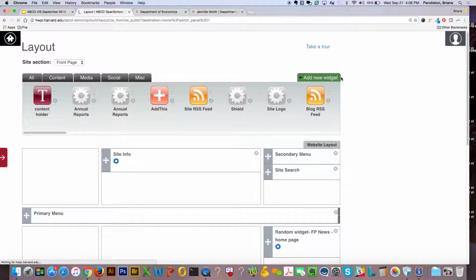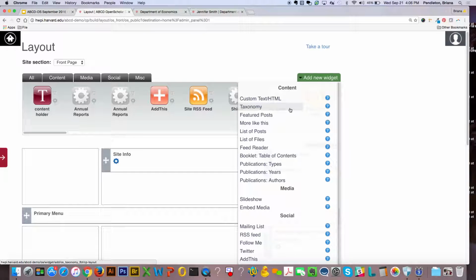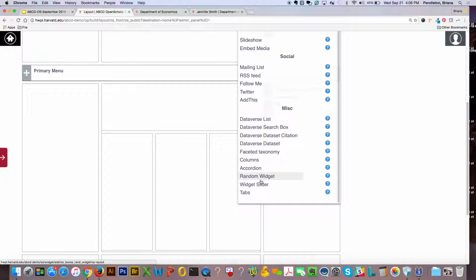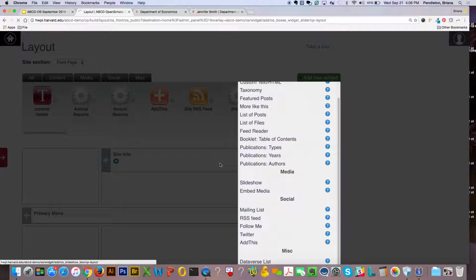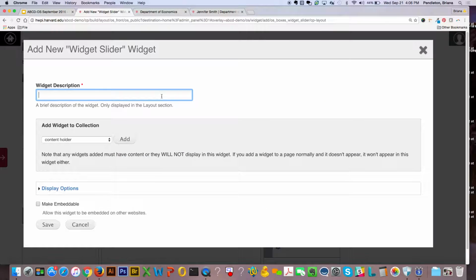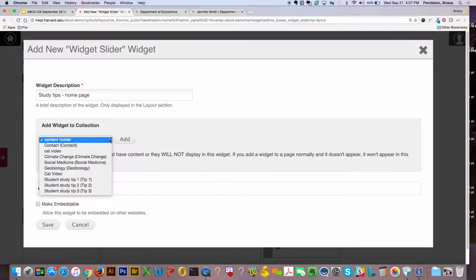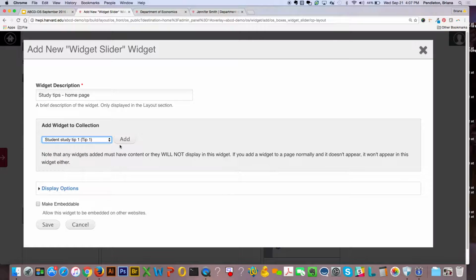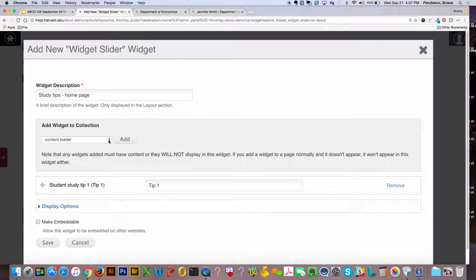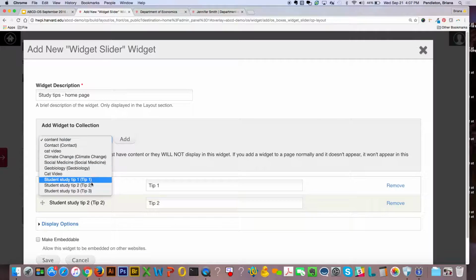And so when I go to add new widget from the layout, and I go down to widget slider, I'm going to give it a description, and I'm going to call this study tips homepage, so I know where it's going to go. And then here I am selecting out of a drop down, and I only have so many because they're only showing me the custom text HTML widgets. So I'm selecting the 3 study tips